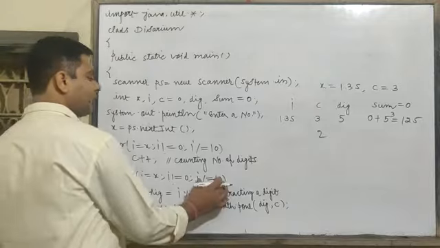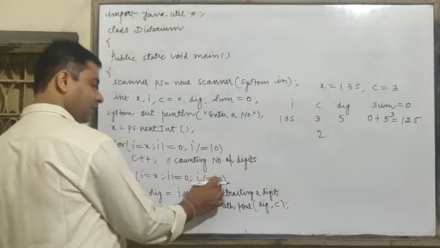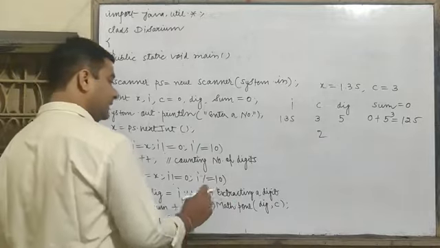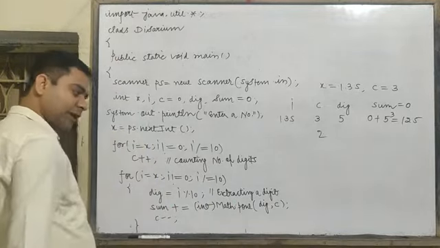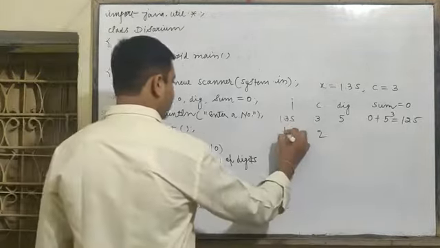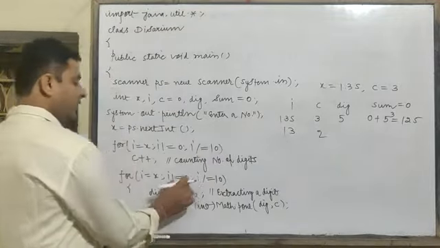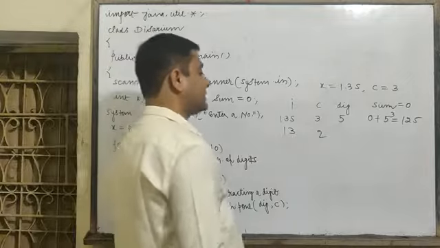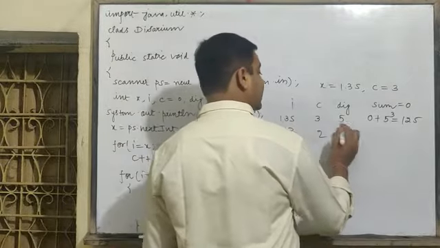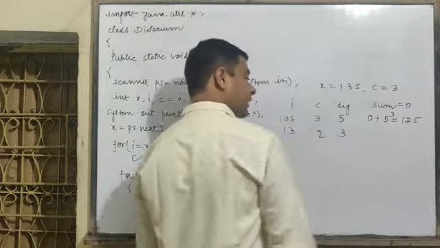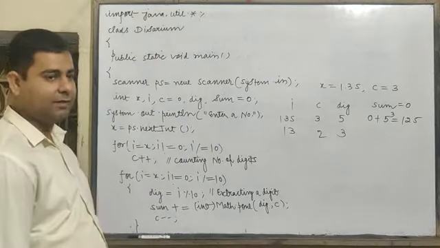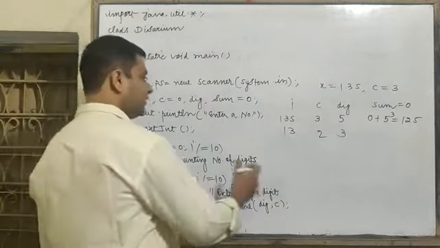Okay. Then it will jump on I upon 10 on update part of the for loop. So 135 upon 10, it will be 13. It will check, it is not equal to 0, no. So value of I is 13. Not equal to 0, no. It will come inside. Digit equals to I modulus 10. So I is 13. 13 minus 10, 3. That will be the remainder. So value of digit is 3.